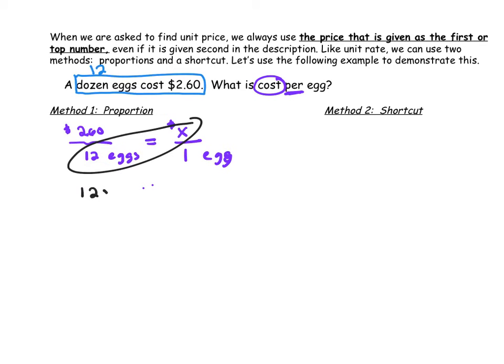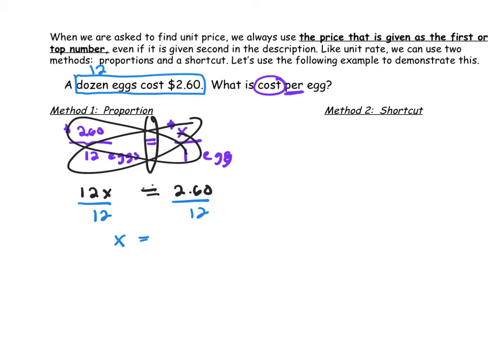12 times x would be 12x. The equal sign reminds us to drop down the equal. And 1 times $2.60 is $2.60. Now we want to solve this by dividing by 12 on both sides. So you can pause and use your calculator. All right, and we got the very lovely answer,